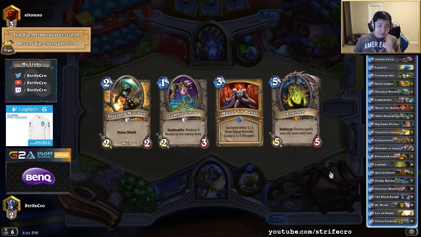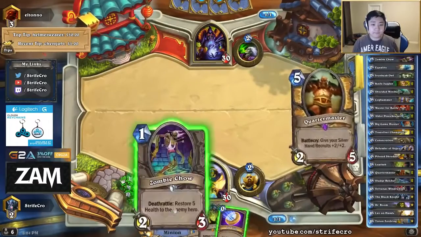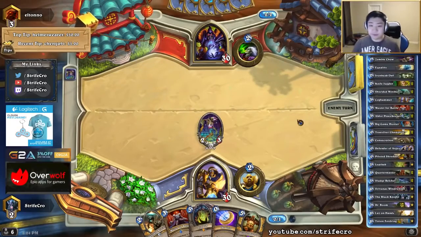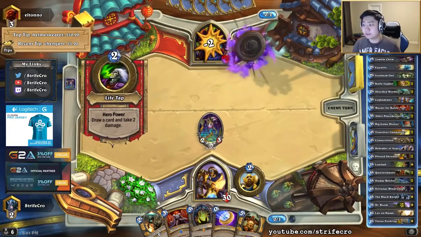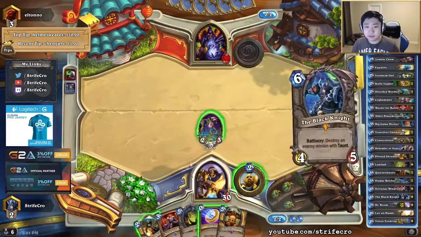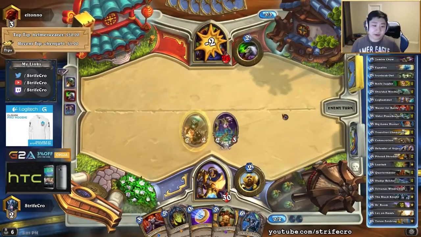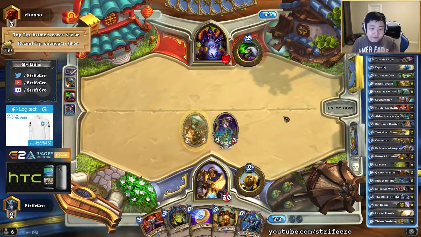It seems like these openings actually aren't that good against Handlock. What you need is the Owl and maybe Big Game Hunter. I'm gonna just pressure hard this game. I was thinking of making a dude here, but I do want something left over after the Hellfire, so